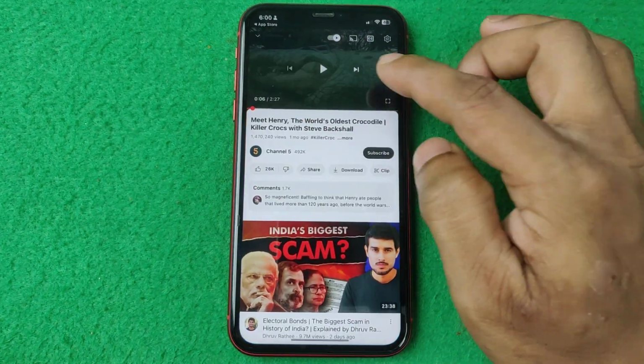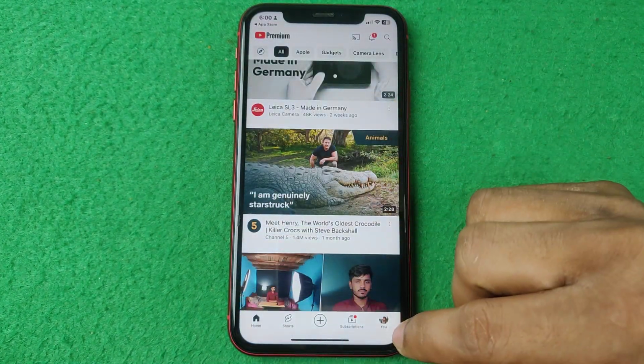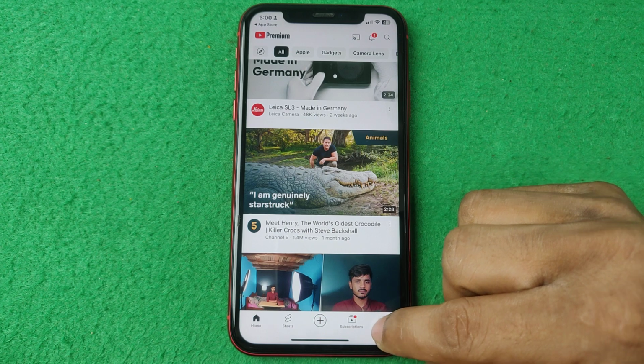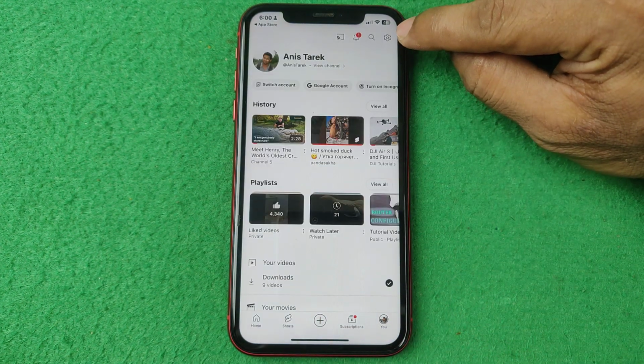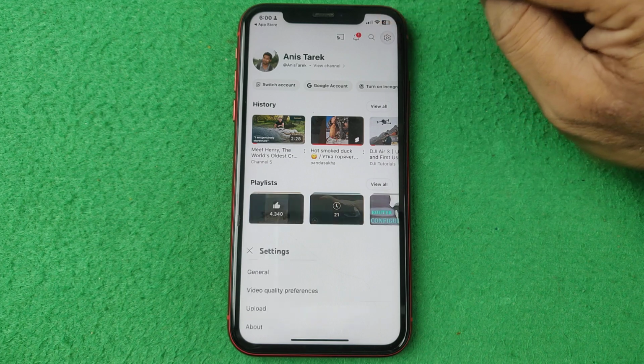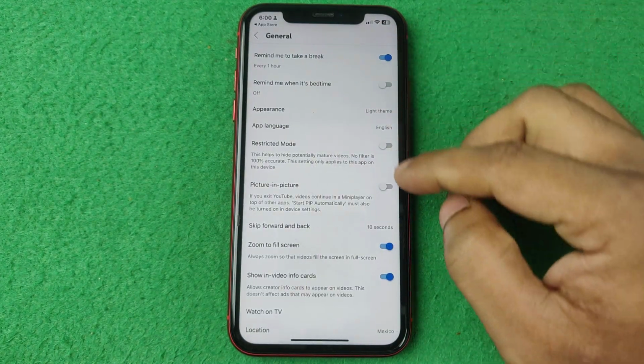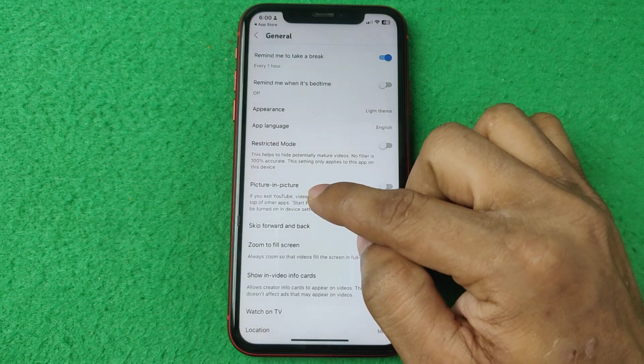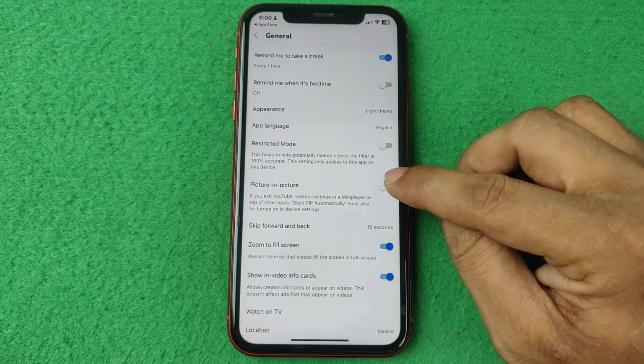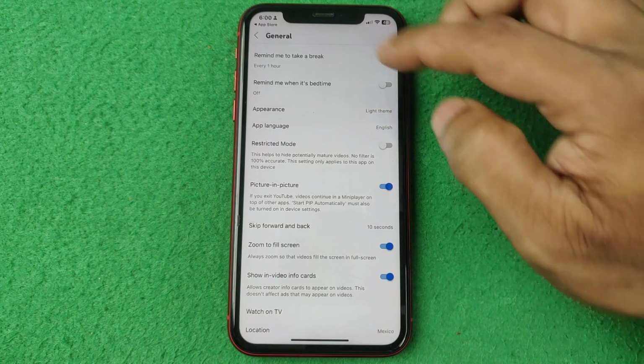To open YouTube, then tap on the profile icon in this bottom right corner, then tap on the gear icon in this top, and here is General. Tap on it and here is the option Picture in Picture, so tap on it to turn on Picture in Picture and go back